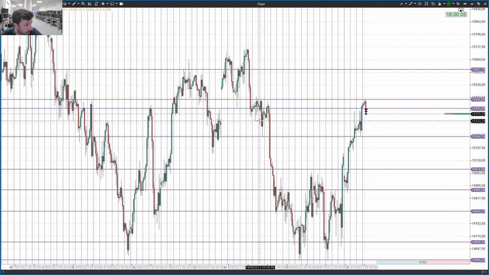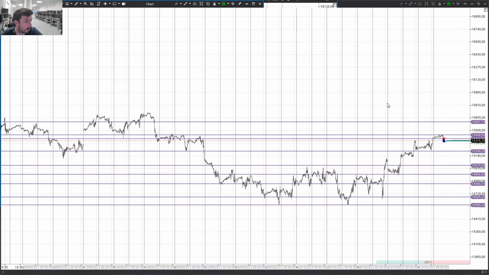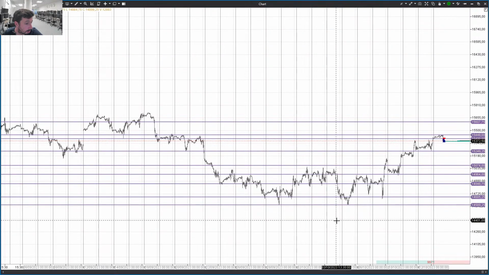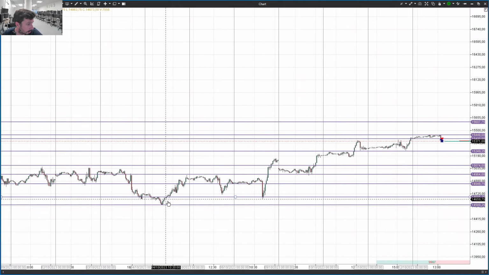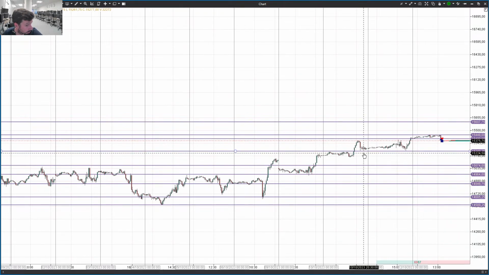So why does it matter? It's because we try to not trade against the trend, but also we are trading on a short time frame, and so the 4-hour trend is not necessarily always relevant for us. Because if we look at the half an hour here, we can see that even though we were in a downward trend in 4 hours, in half an hour we are in an upward trend. Therefore,